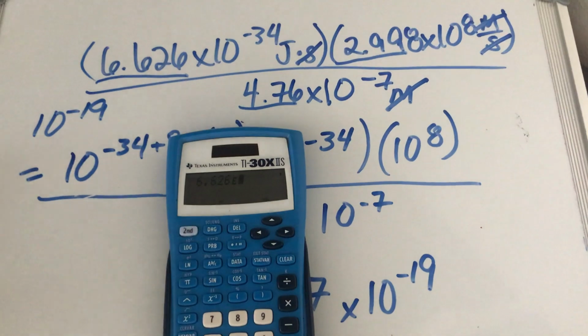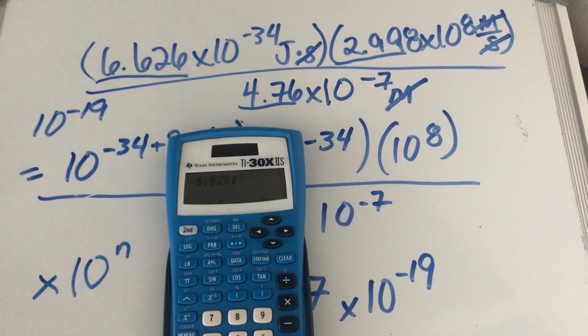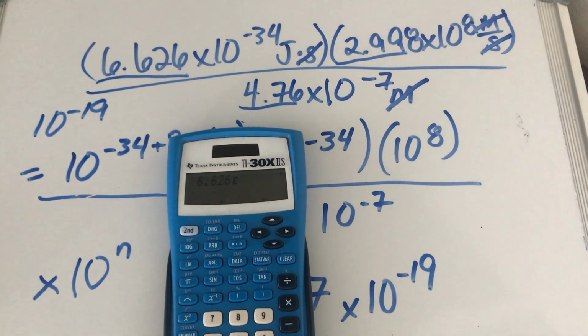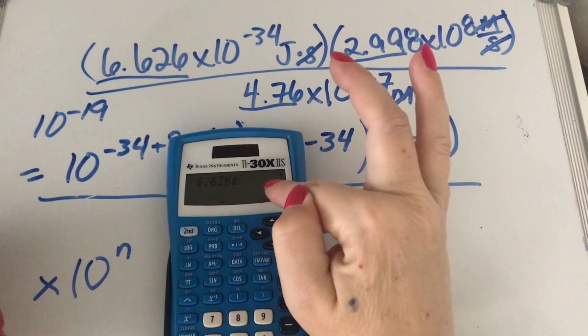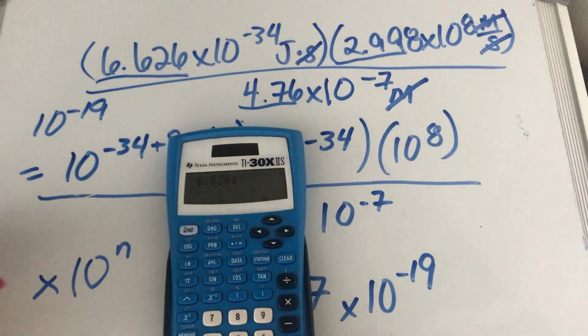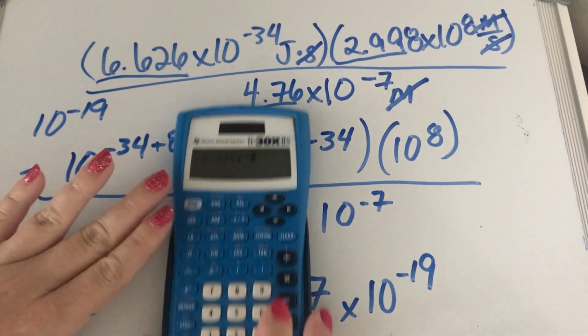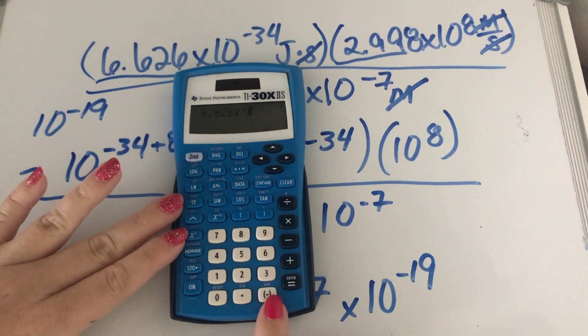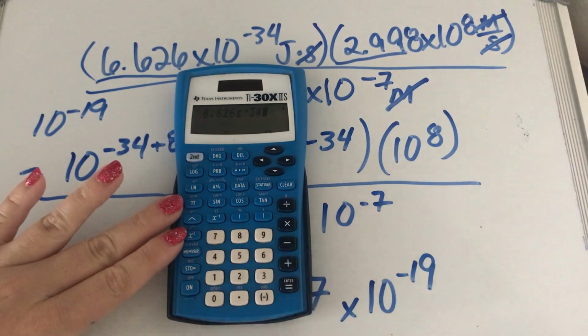For some of you, it may look like something like that. Different calculators have it a different way. What this little e means is times 10 to the whatever comes next, right? So I have negative, which is this symbol down here, right? Not the minus sign. 34